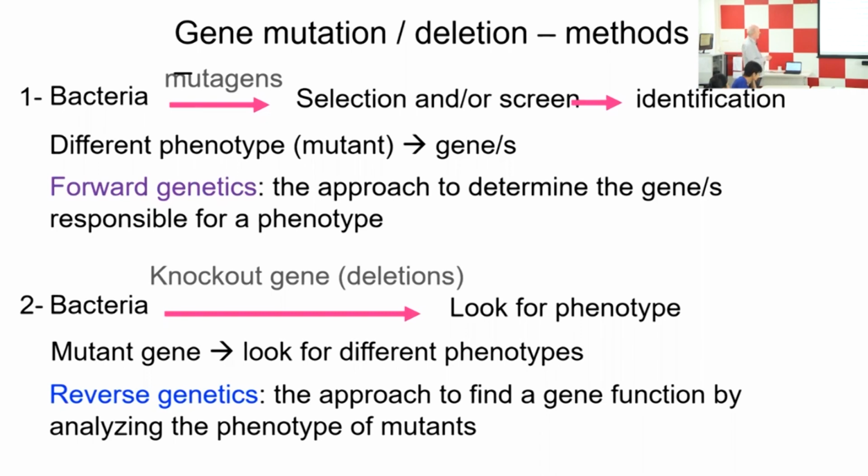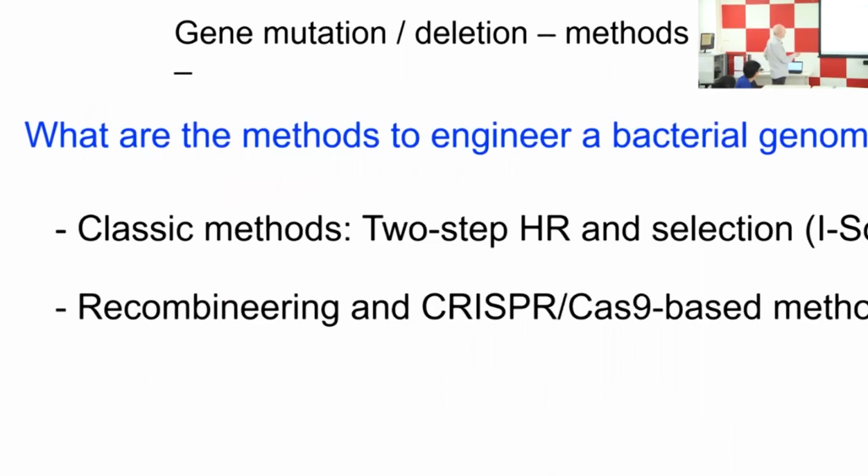So in forward genetics, you mutagenize everything, and then you see what are the phenotypes that appear after that mutagenesis. In reverse genetics, you focus on one particular segment of DNA, one particular gene, and then examine what are the resulting phenotypes. What we are going to address today are different methods for engineering bacterial genomes,